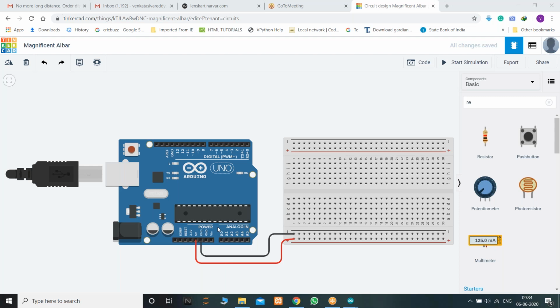So input pins have 10-bit, and we do have 6 analog pins. For output, it may generate 256 samples. Like if you are generating any analog output from 0 to 5 volts, it can generate 256 samples. For reading input from 0 to 5 volts, the analog pins will generate 1024 samples, because input is 10-bit and analog output is 8-bit. Am I clear?